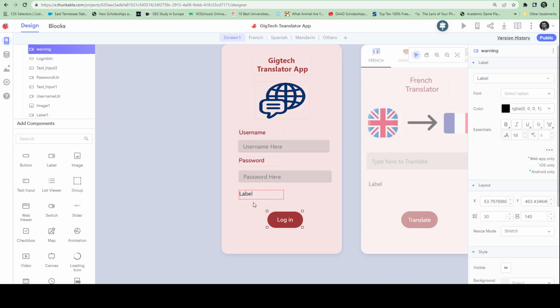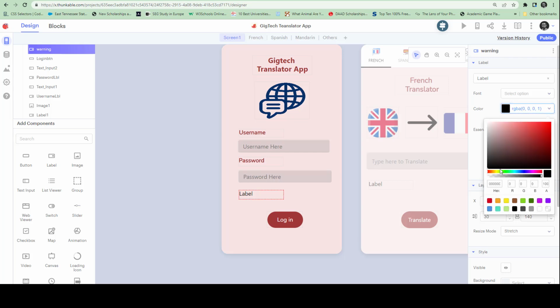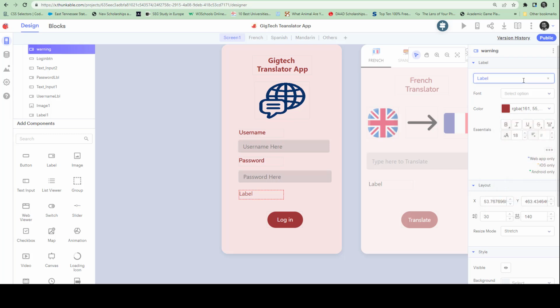And then what this will do is let the user know that, hey, you need the length of your username to be 7 and also your password to be 7. You understand? So what we're going to do is change the color to maybe red, the same red that we've been using, so that you can see that. And then we don't want anything to be there, empty for now, so that they don't see whatever we have right here. But instead of seeing empty, you're going to say,